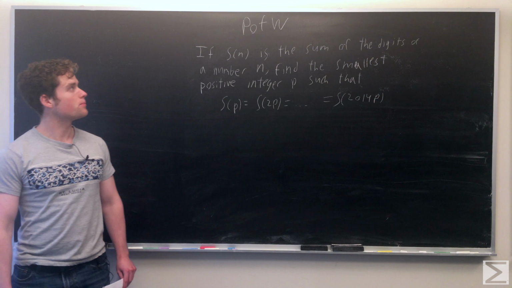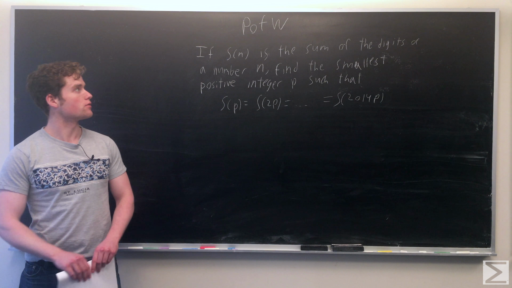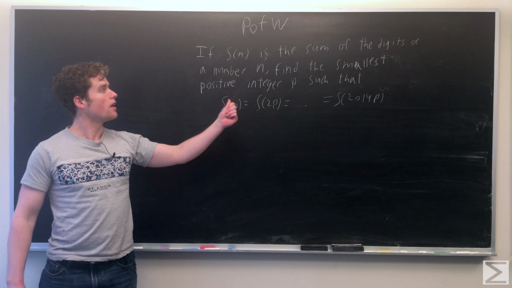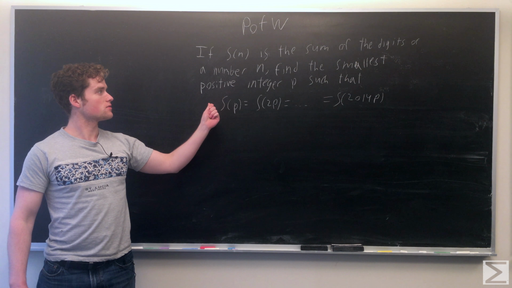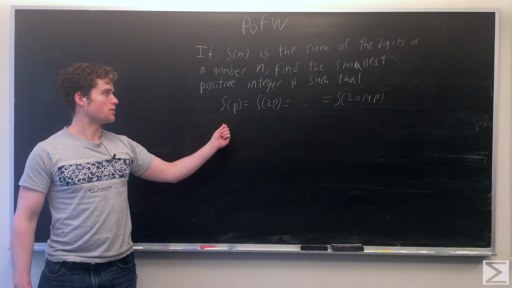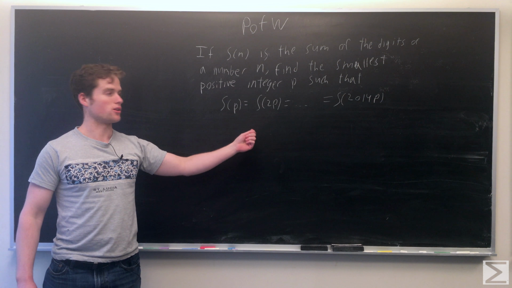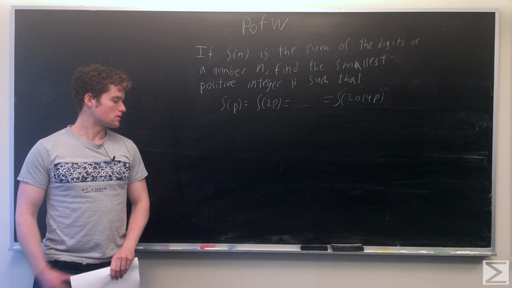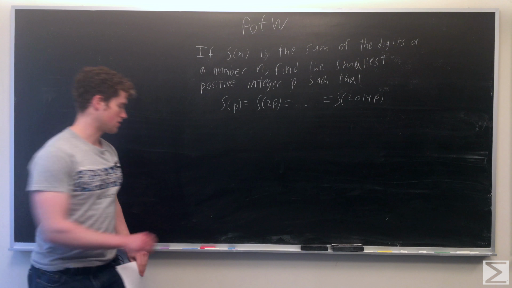For this week's problem, we denote s of n as the sum of the digits of some integer n. And we want to find the smallest positive integer p such that s of p equals s of 2p equals all the way to s of 2014 p. So the first thing we can do is note that